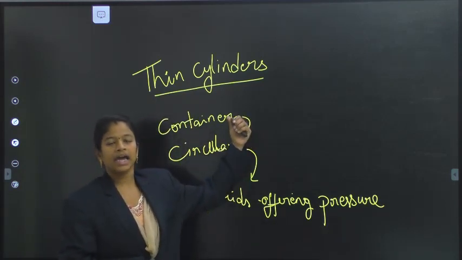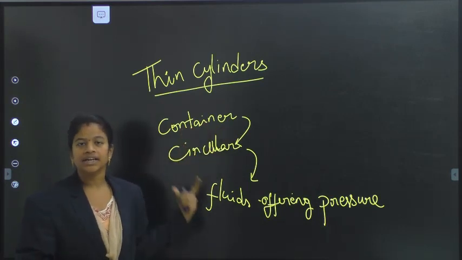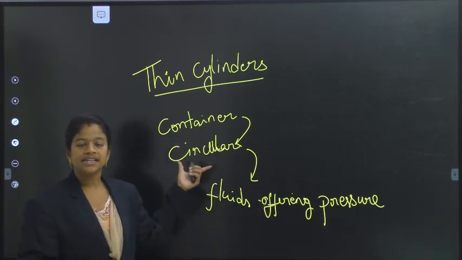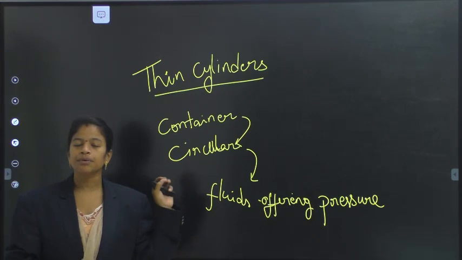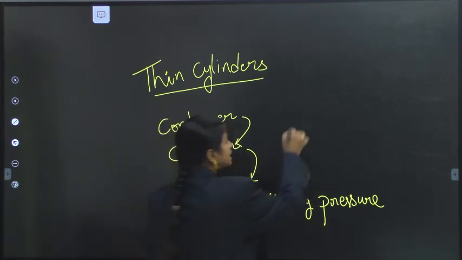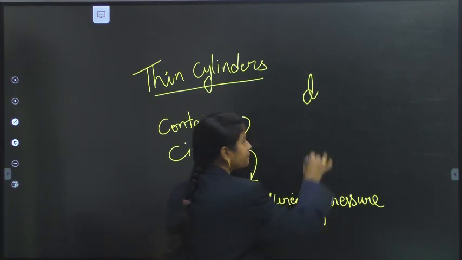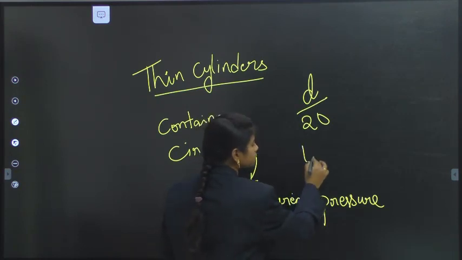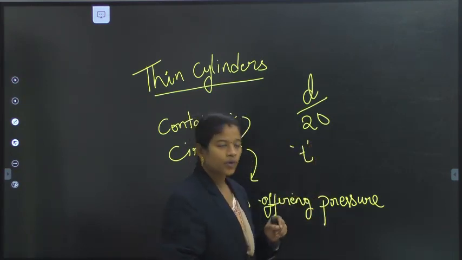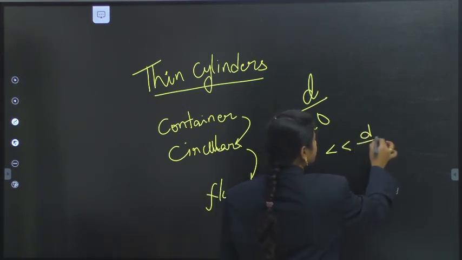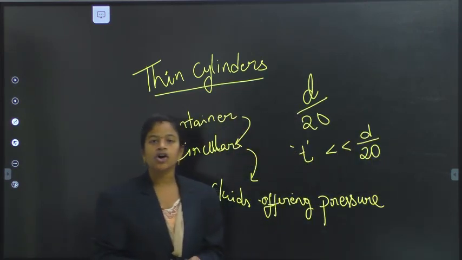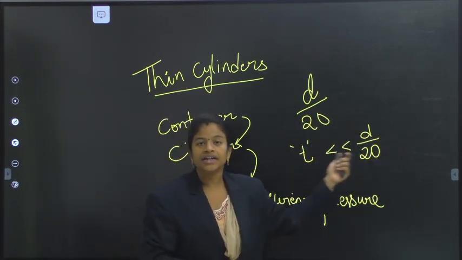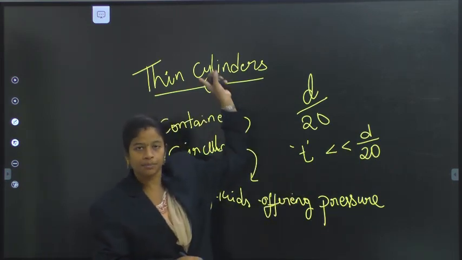So when I am using a container for storing some fluid, which is either a liquid or a gas, this cylinder has a circular cross section. Such cylindrical shells, when the ratio of internal diameter by 20 has a higher value than the thickness of the material of the sheet from which we are preparing the cylinder,